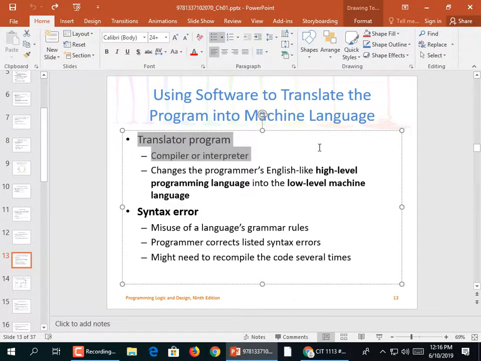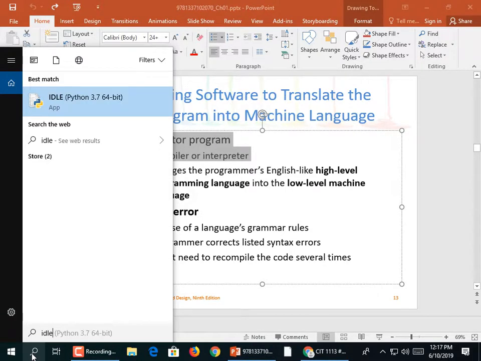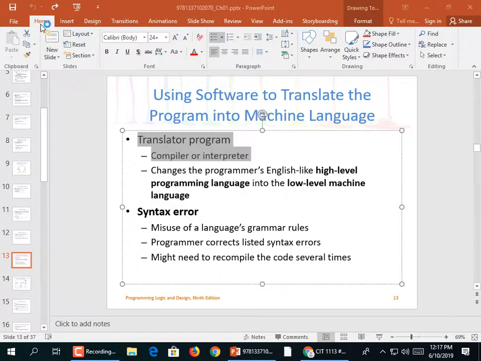When you have a program, you have to compile it, or it has to be run through a compiler or an interpreter. Now that happens automatically. You don't have to think to yourself, well, I'm going to choose a compiler or an interpreter. If you have IDLE, if you have Python running, and then you have a program,